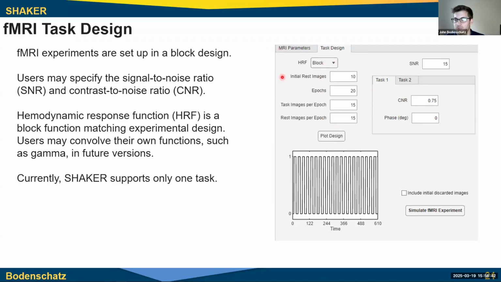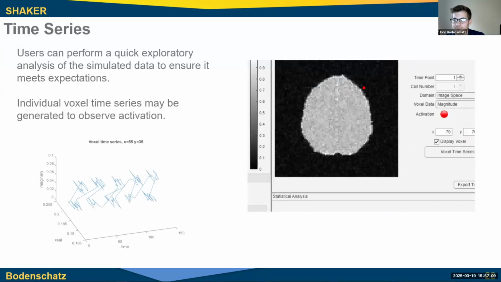So, some initial rest images before you have however many epochs with N task images and M rest images that repeat. You can specify the SNR of your simulated data, and then you can choose the CNR of your activated data or your activation region. And you can also include some phase in the activation if you want. And then here's where you would simulate your whole experiment, which would then bring you to the top right,